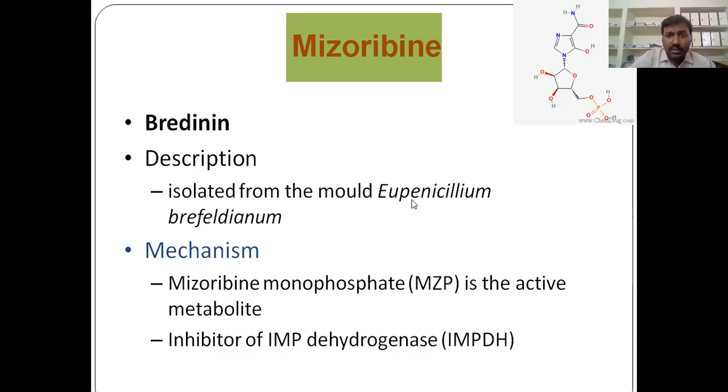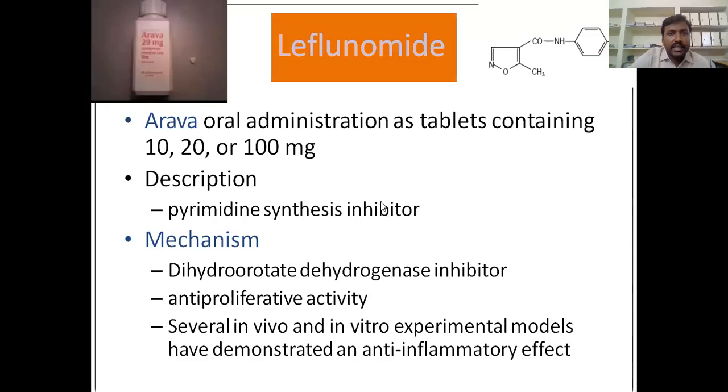This is obtained from Penicillium brefeldianum. So mizoribine monophosphate is the active metabolite, inhibiting the inosine. Same mechanism of action as we discussed for mycophenolate mofetil. So same mechanism of action, inhibit the inosine monophosphate dehydrogenase enzyme. Then come to the